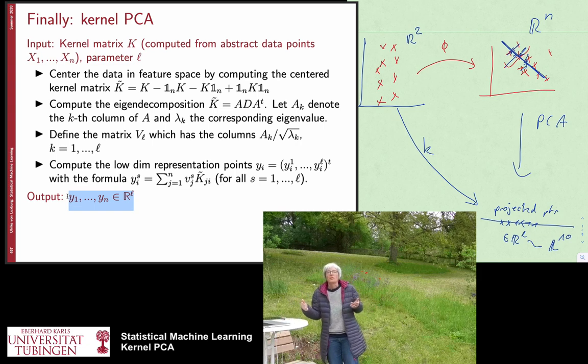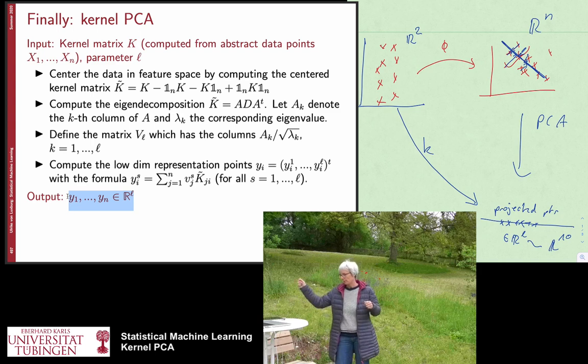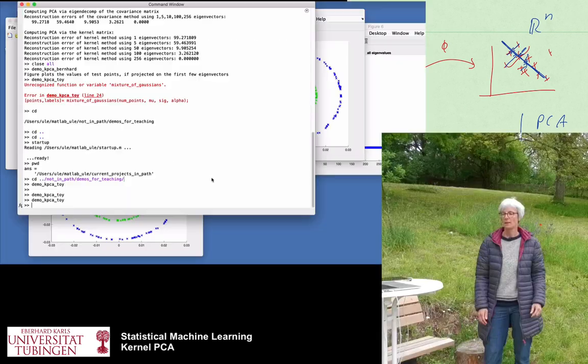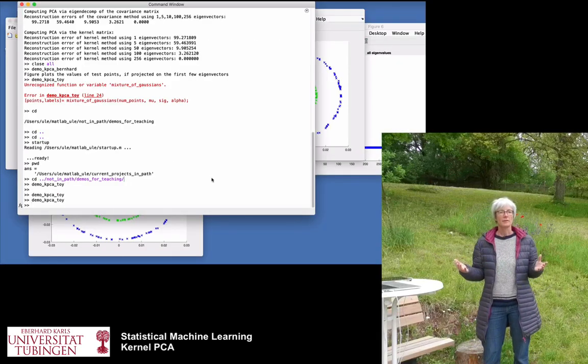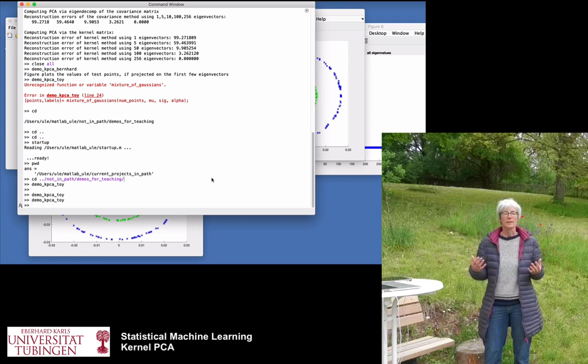And of course, the question is whether something like that would make sense in practice. And there can still be cases, because the kernel does this very complicated nonlinear transformation between your original space and this Hilbert space. And maybe in the Hilbert space you have a good structure that, if you reduce it to, say, a 10-dimensional space, still helps you in your data. So it can make sense. And we are going to see an example in a minute in a demo where in fact something like that can happen. Okay, I now want to show you this MATLAB demo for kernel PCA for a couple of toy